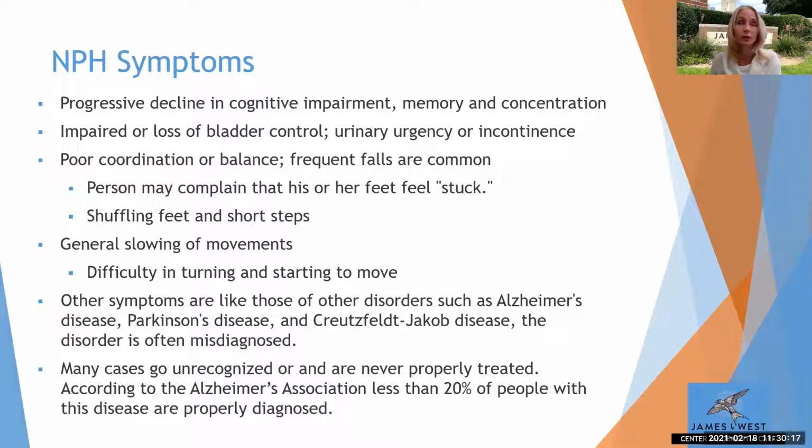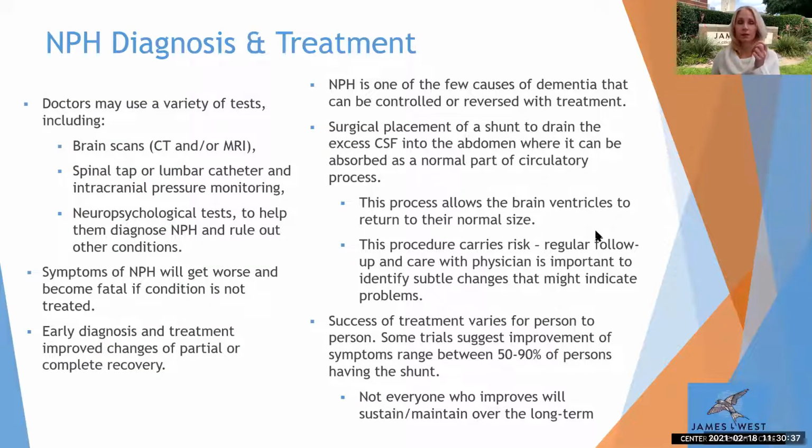So this particular disorder can go misdiagnosed, or it can go unrecognized, and then persons are not getting properly treated. According to the Alzheimer's Association, less than 20% of persons with normal pressure hydrocephalus are properly diagnosed. And this is one of the few cases of dementia that can be controlled or reversed with treatment. So we want to make sure that we are getting to the doctor, we're doing some early diagnosing,